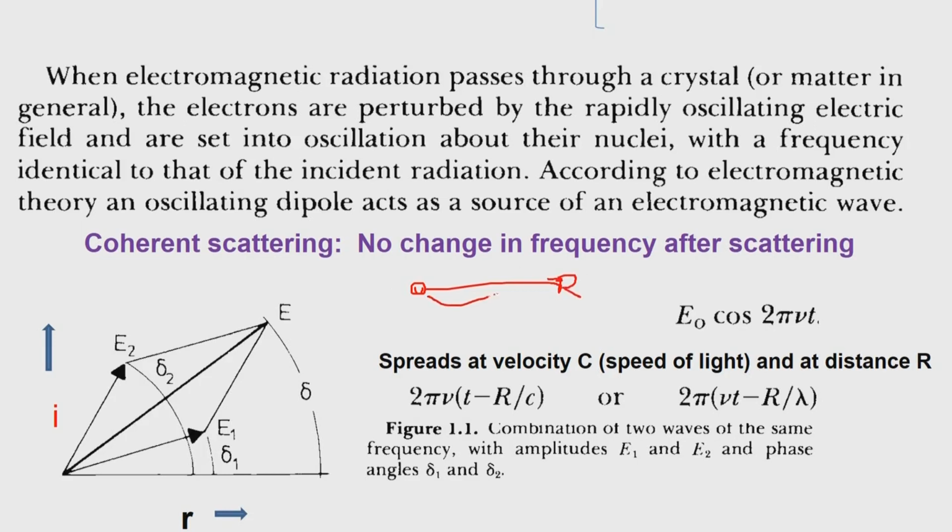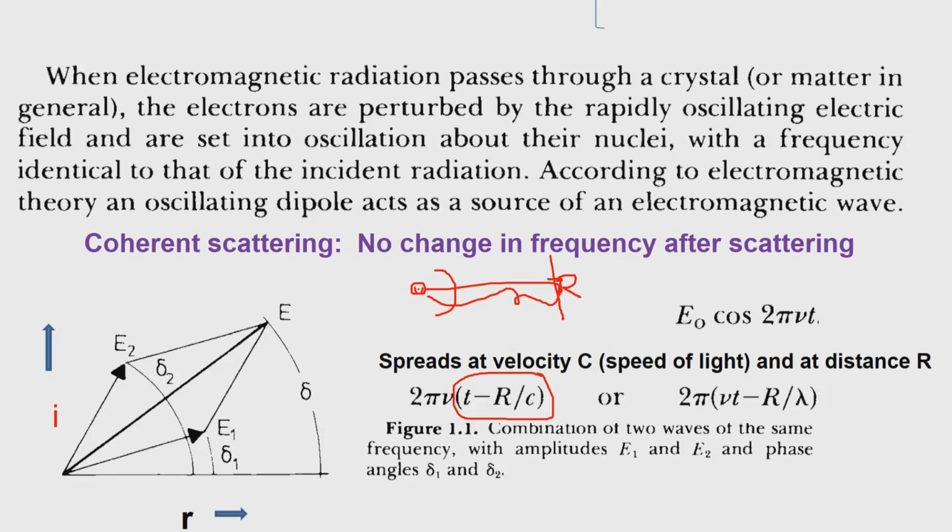So this distance is r now. The wave front is spherical to start with, and somewhere here it is almost a plane wave. As we measure it at a distance r, we are sitting at this position and measuring. What we are measuring is not at t, but t minus r divided by c, because the wave started t minus r by c time before at that particular position.